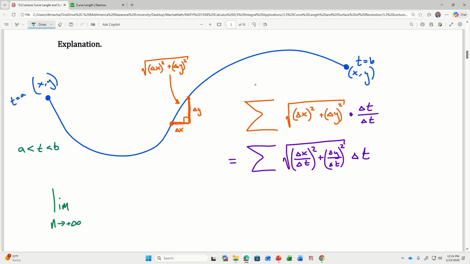So with a fixed interval and splitting this fixed interval into infinitely many segments, that means as n approaches infinity, the delta t has to approach 0. So we want to take this particular limit of this sum